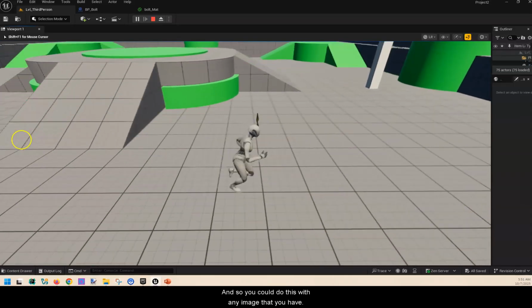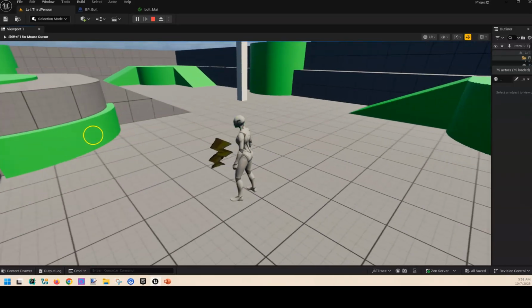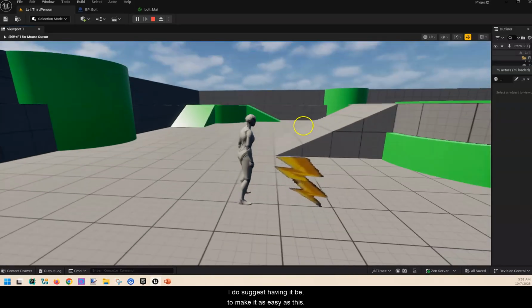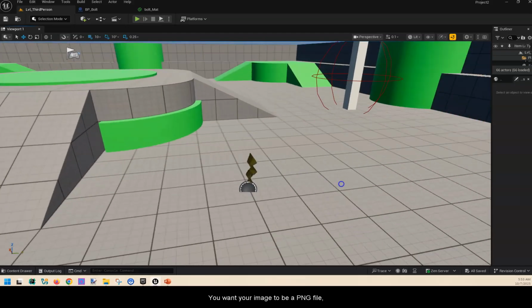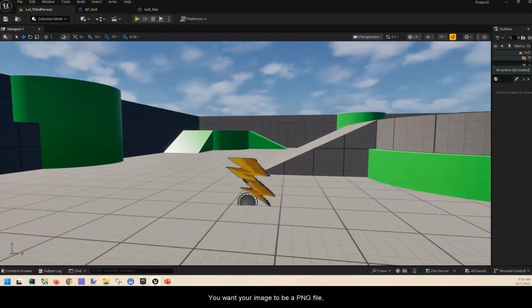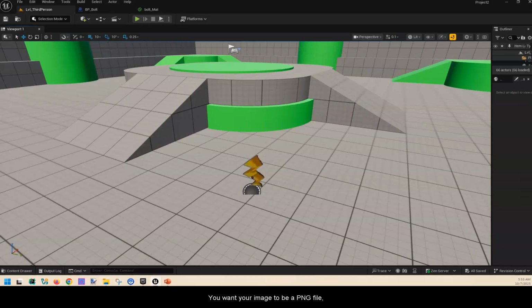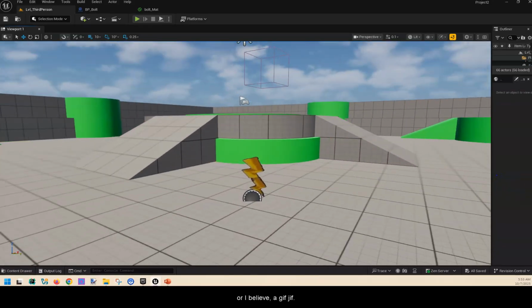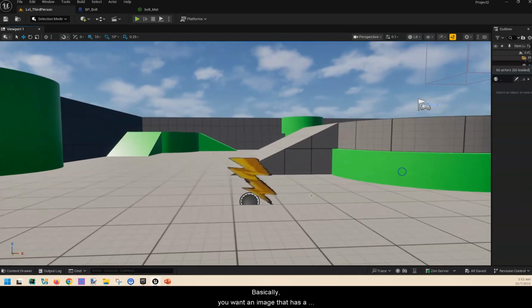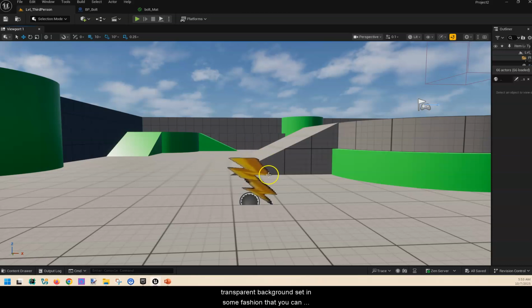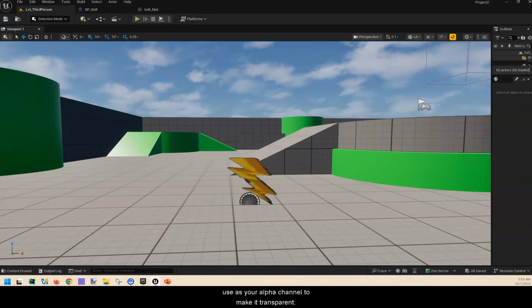And so you could do this with any image that you have. I do suggest, to make it as easy as this, that you want your image to be a PNG file, or I believe a GIF. Basically, you want an image that has a transparent background set in some fashion that you can use as your alpha channel to make it